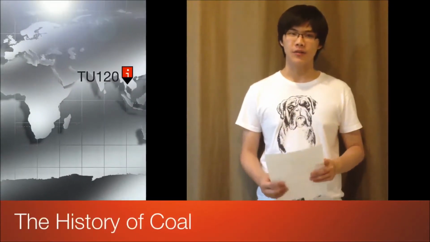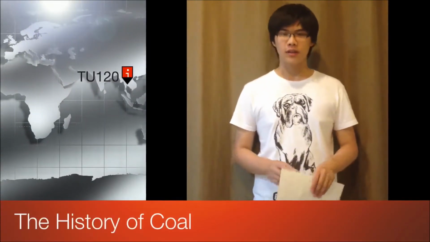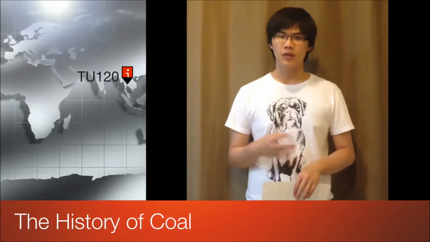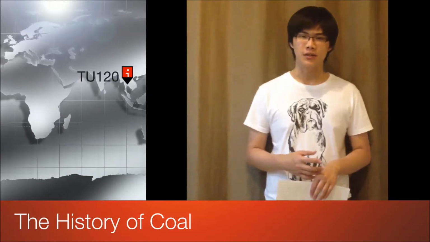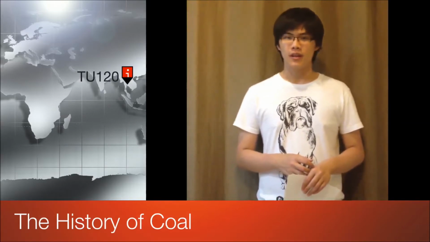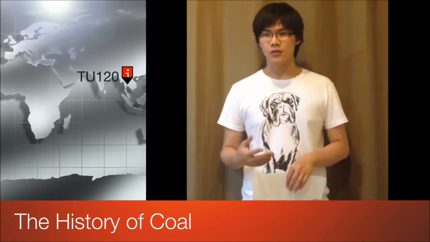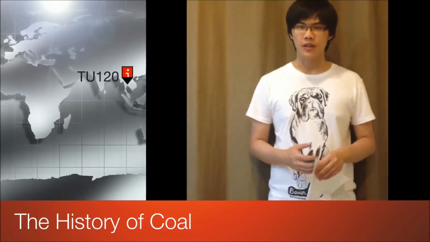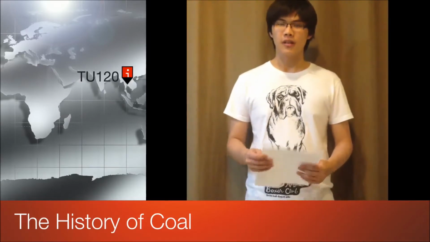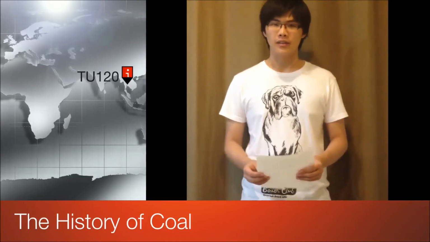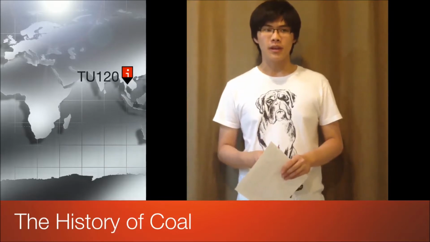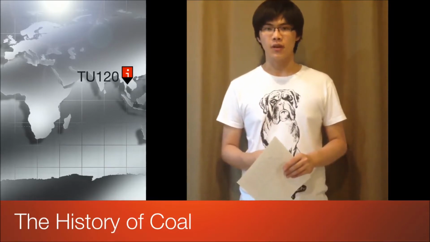Now, about the history of coal. Coal was first used dating back to 1000 BC, when the Chinese used it to smelt copper. It was introduced to Europe when Marco Polo traveled to China during the 13th century. It was then used by the British for funeral pyres, and afterwards during the Roman age for smelting iron.